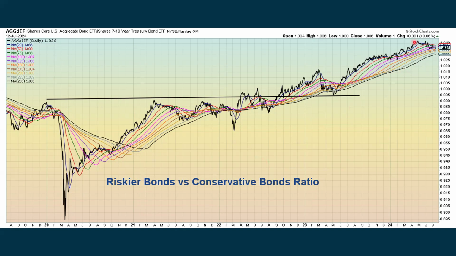Folks are getting into the junk bonds. They're willing to assume that additional risk in order to get a higher yield. Well, if we are going to start seeing the Fed cutting interest rates in September, which is what the market's anticipating at this point, then we would expect to see this ratio going down as folks are getting out of riskier bonds and getting into more conservative bonds, locking in higher yields, thinking that those yields have topped out. But we've seen that before along the way. So we just want to watch this as it unfolds.